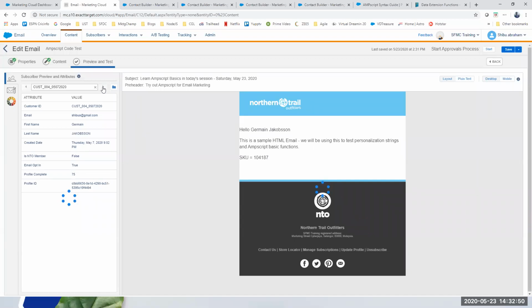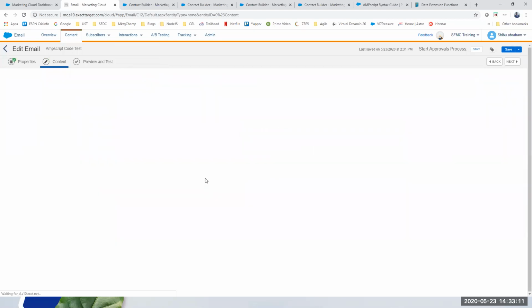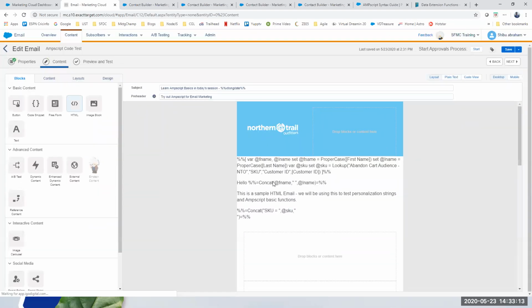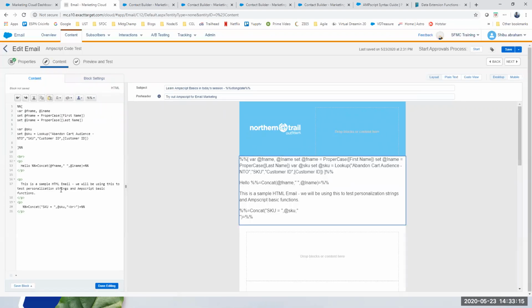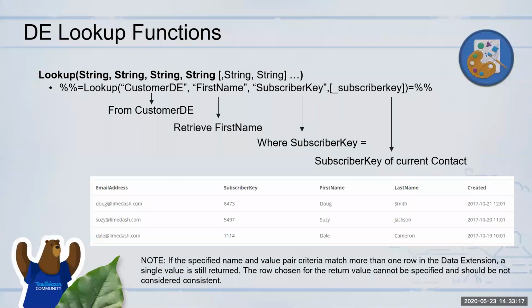This is quite useful if you want to debug. Once you have written the logic and you want to ensure you are getting the right values, you can output this as a debug in your AmpScript code, confirm that the value you are expecting is the one being returned, and then use that in your personalization. Any question on the lookup function?